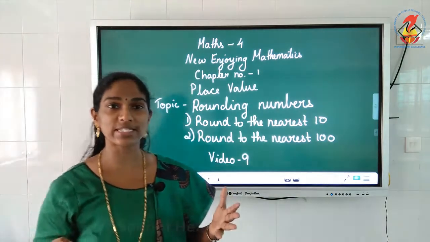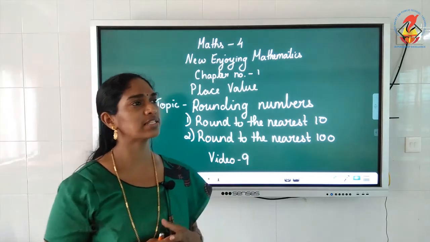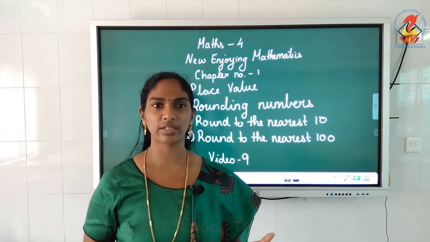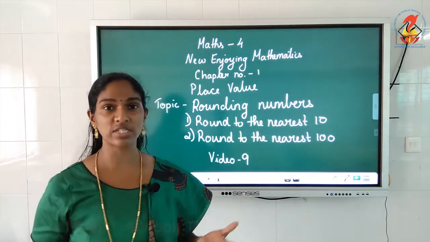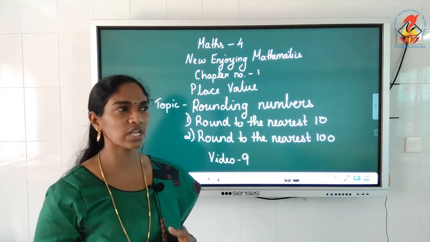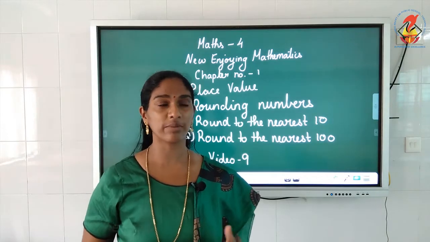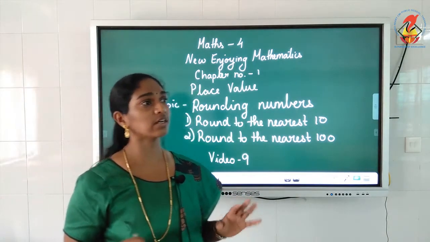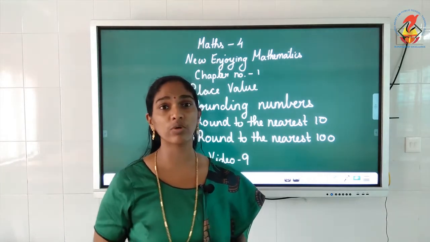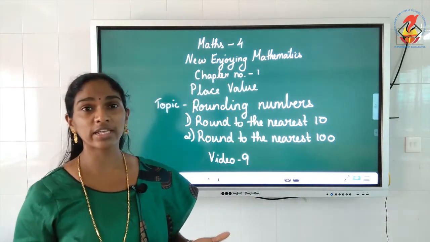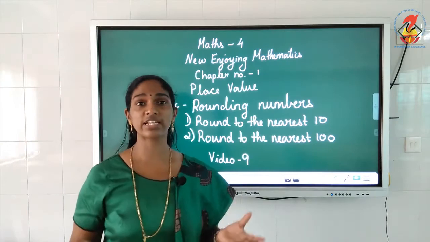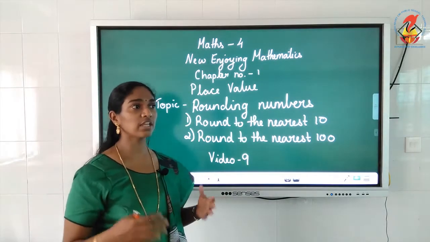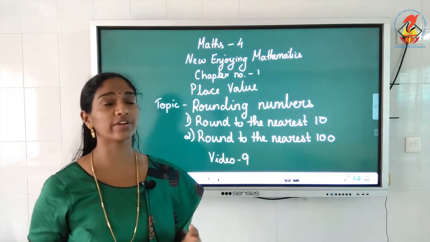You look at a person and say, oh, his height is about 150 centimeters, right? We don't know how much his height is, but we simply say his height is about 150 centimeters. Maybe we look at an elephant and say, oh, the elephant is weighing about 200 kilograms. We don't know the correct weight of that elephant, isn't it? But we say the elephant is weighing about 200 kilograms.